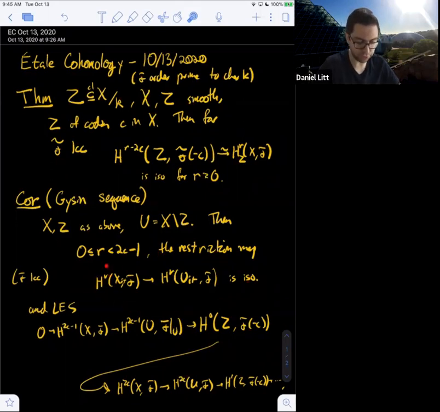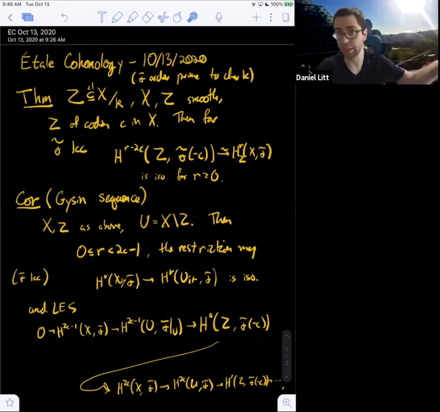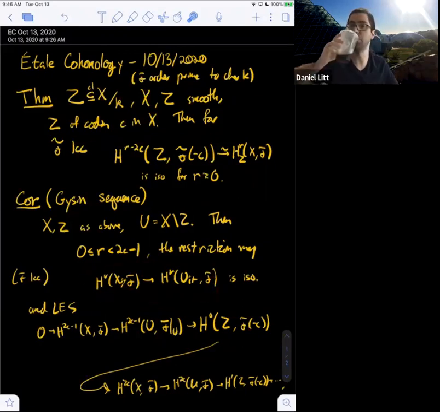H1 is torsors. So if you put a constant group here, that would be like G-covers. So it's saying those only depend on codimension 1. In other words, if you delete a codimension 2 thing, covers don't change. So this Zariski-Nagata purity is, for non-abelian coefficients, exactly this statement, for c at least 2, and r equal to 1.